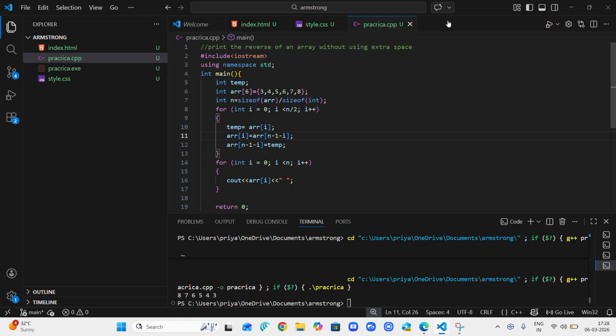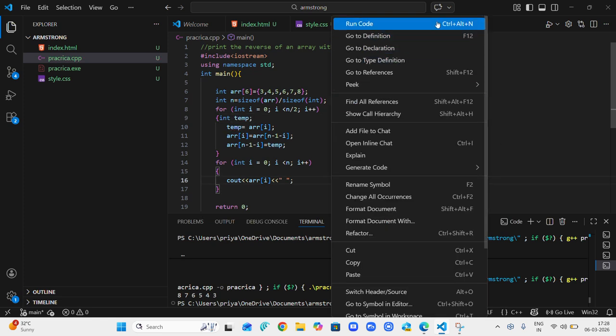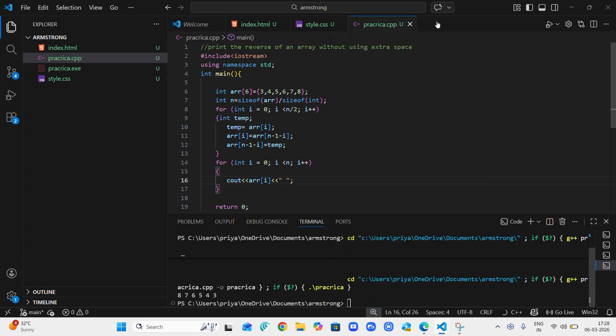I have just written the code and not explained you anything, so let me explain it. You might be thinking why we added temp over here, since this variable could have simply been declared over here also, which is true. There won't be any change. It would be printed in the reverse order as it was printed earlier.